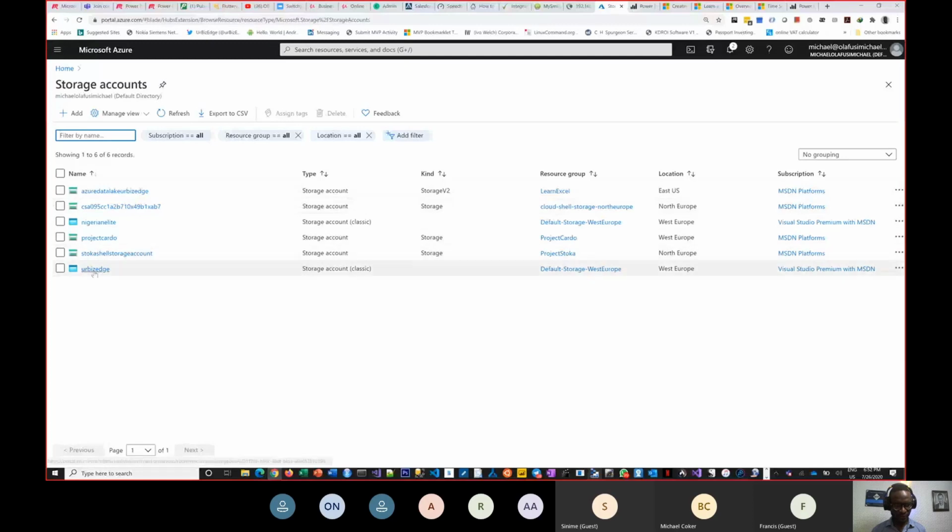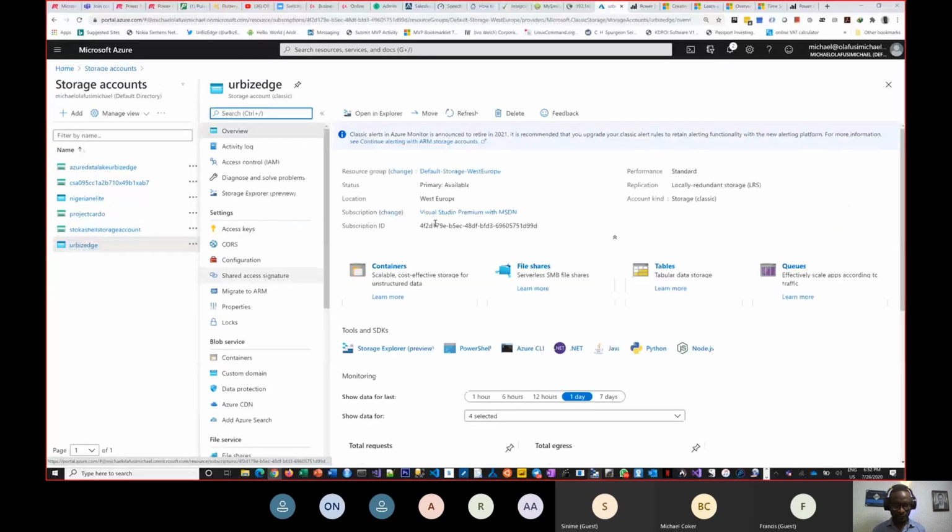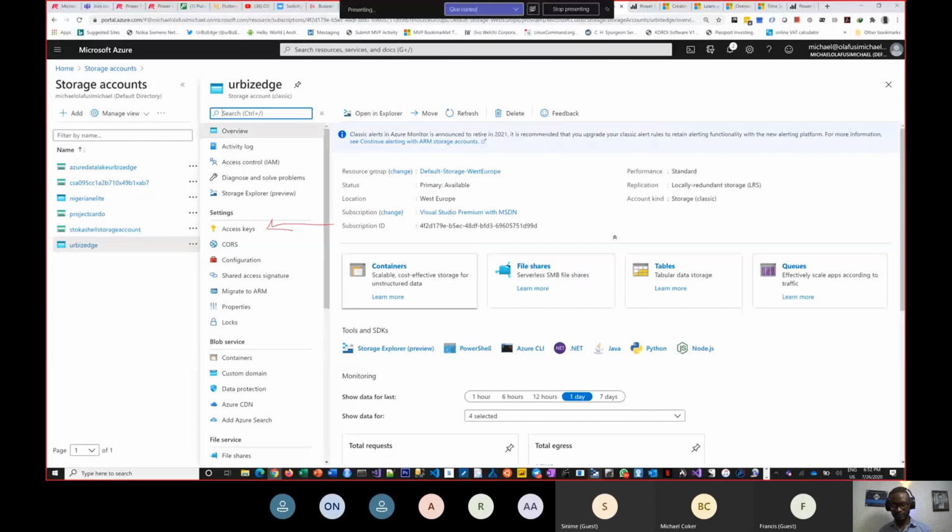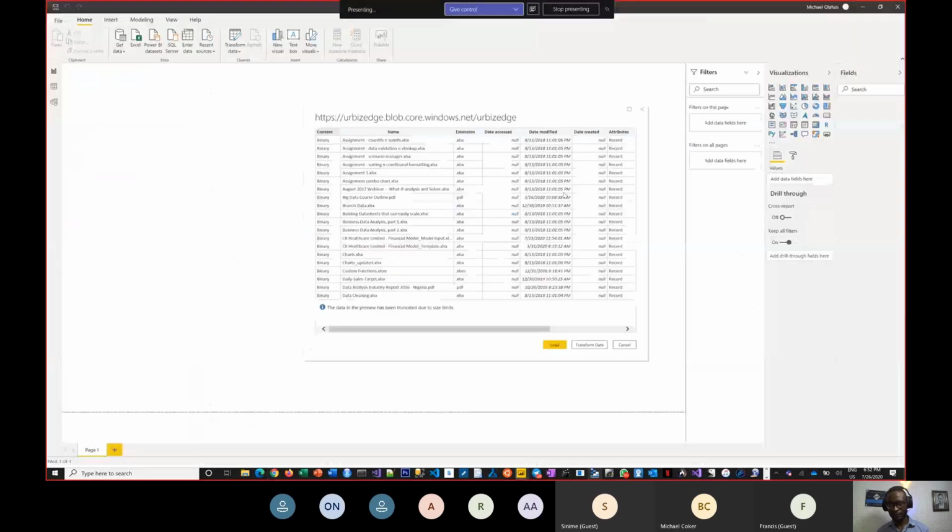So if I pick it, then for the keys, this is what you will click on to go and get the keys. If I click there, it will show my key, but I'm not going there. So for you, you will go there and get the key that you will now put there for Power BI to come to this particular page. But for me, it kept my key in memory, so that's why. And this is it. These are what I have there. If you just take a look at this,